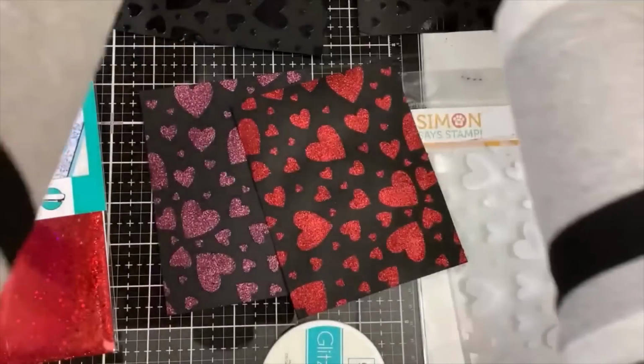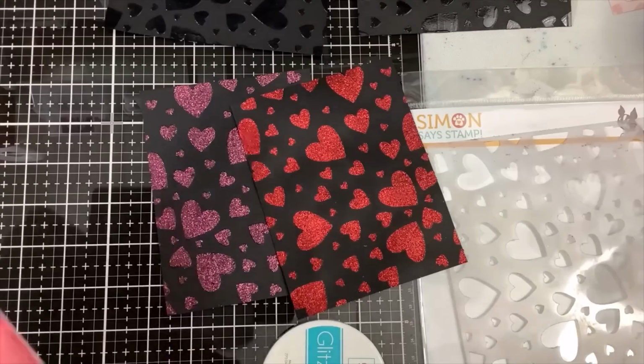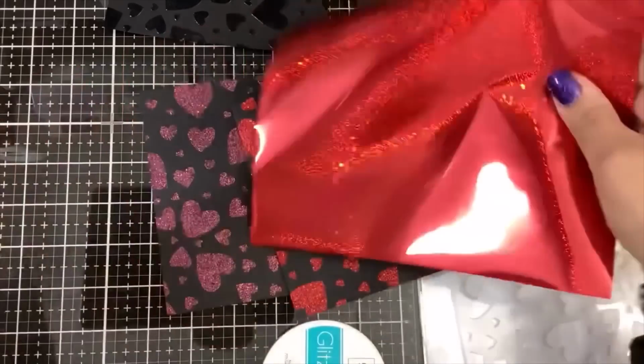But before we get into that, it's the next day for me. For you guys, it's 2 seconds. I wanted to show you some others that I had done. Hold on while I pull a piece of foil out here. Okay, so